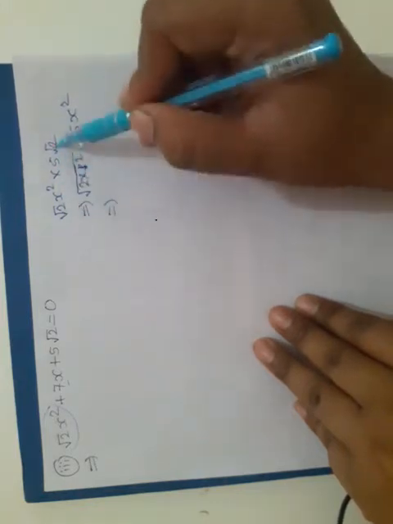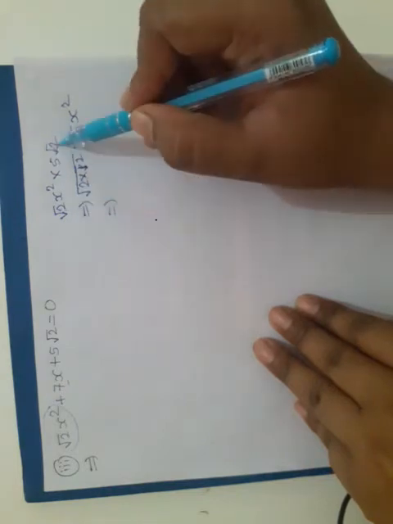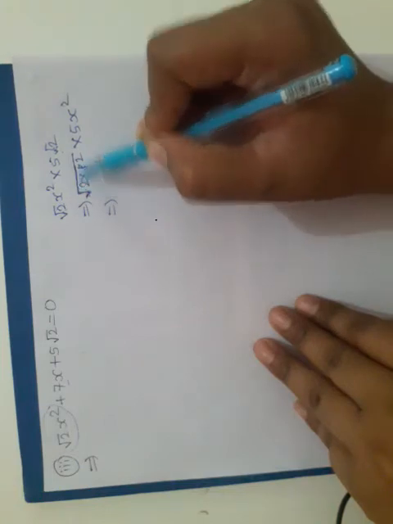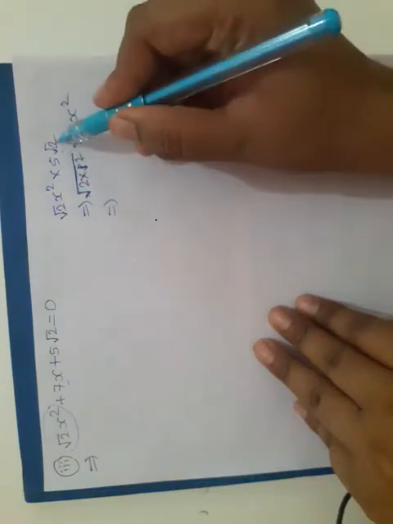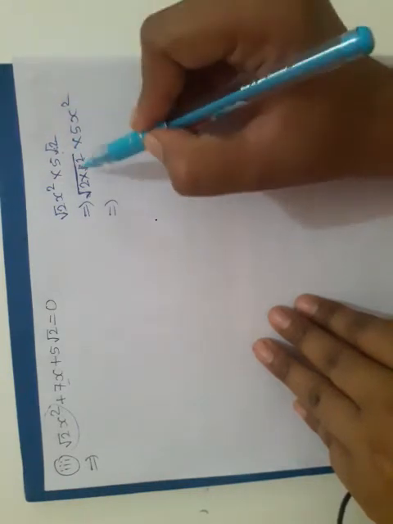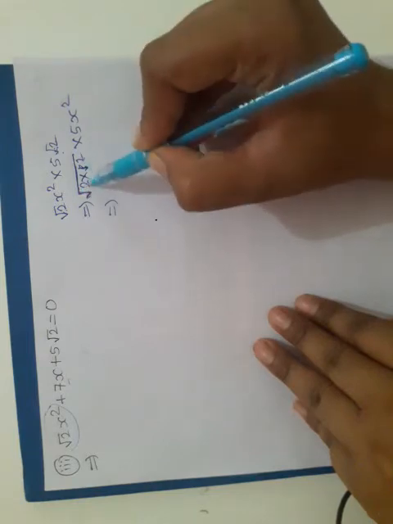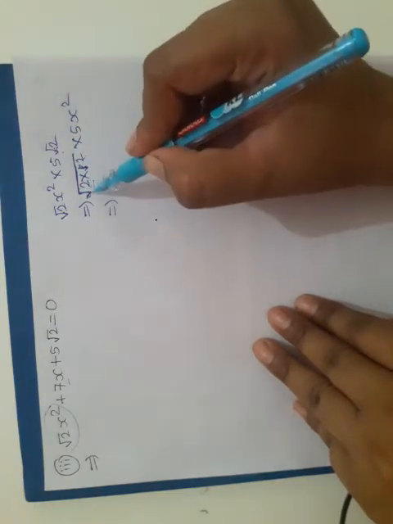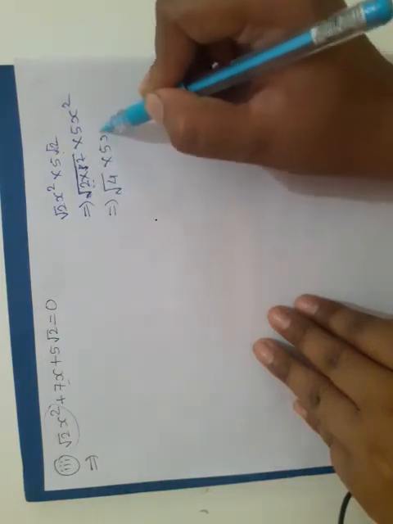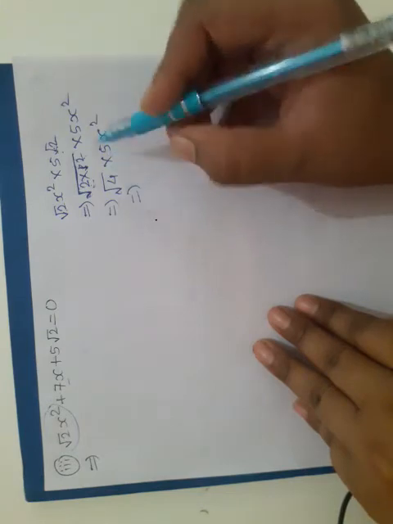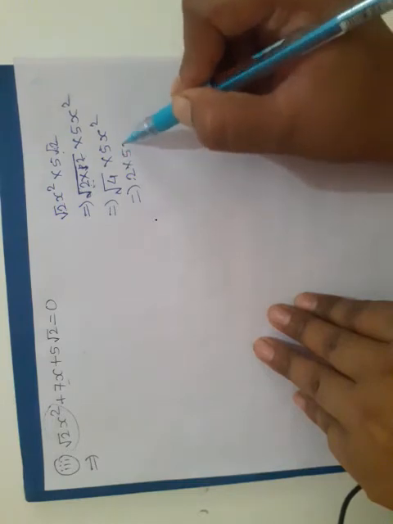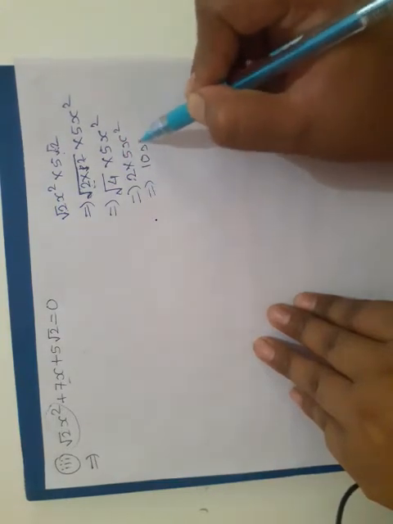Okay, means they have root. So if we are going to multiply the roots, then we have to take the multiplication of this term under root. Under root of 2 into 2, like this. If here it is 3, means if 5 root 3 is given to us, then again we take the multiplication under root, under root of 2 into 3, like this. So here under root of 2 into 2 means we get root 4 into 5 x square here. Again root 4 means what? Obviously root 4 is 2. Okay, root of 4 is 2 into 5 x square, and in this way we get 10 x square.